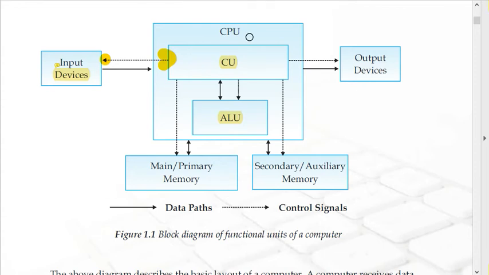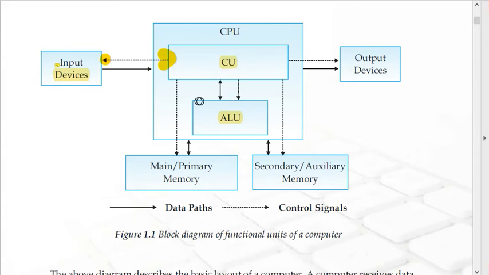Now a central processing unit, I think we all know very well, is known as the brain of the computer, and in the CPU block there are two major components. They are the CU, which is the control unit, and the ALU, which is the arithmetic and logical unit. The CU, or control unit, as the name suggests, is the controlling part. Whatever operation we have given the computer to perform, the governing part, the guidelines or the guidance, will be given by the CU.